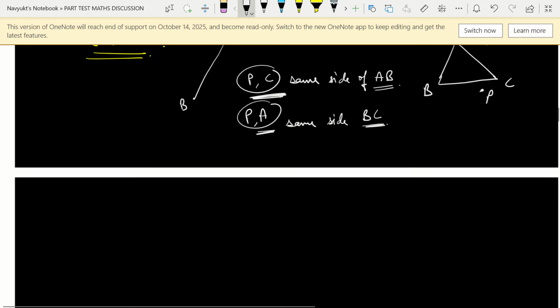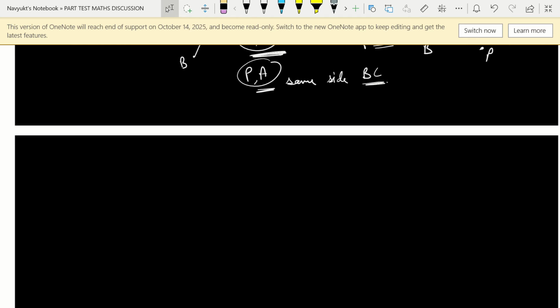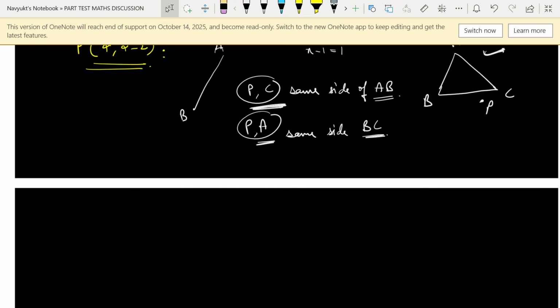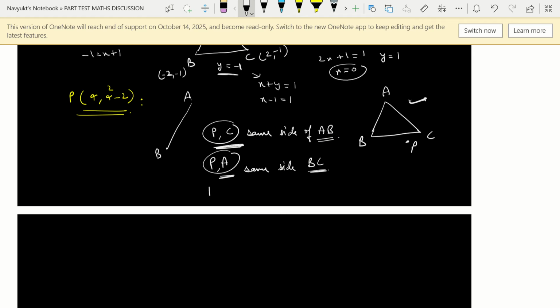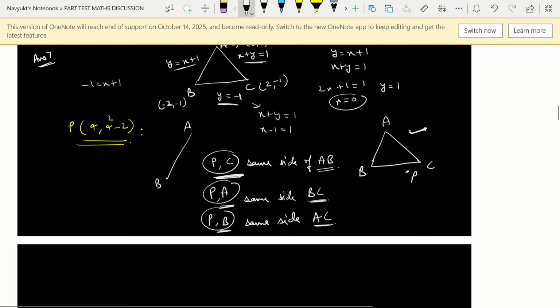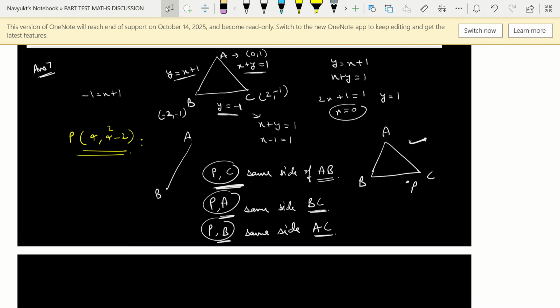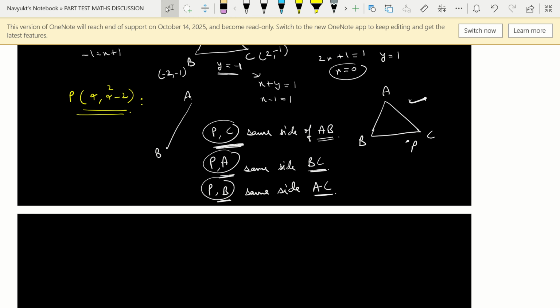So what is the condition of two points lying on the same side of a given straight line? That we already know. First of all, we'll write the third condition as well here, which is P and B lying on the same side of which line? B we are taking, so AC. So let's start. We have the first condition with respect to line AB. What is line AB? y equals x plus 1, which we can write as x minus y plus 1. This is our L, the first L, right? First of all, the conditions are that